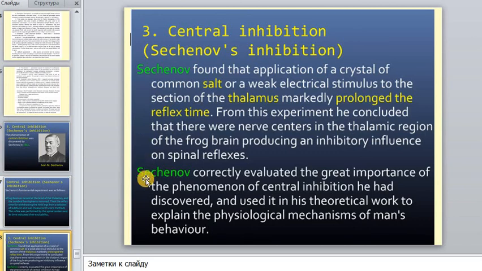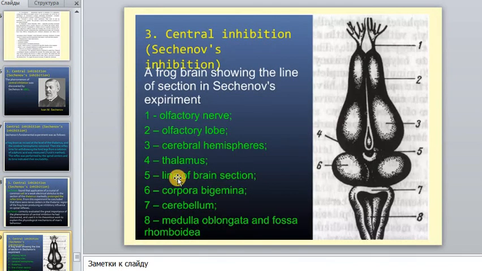Sechenov correctly evaluated the great importance of the phenomenon of central inhibition he had discovered, and used it in his theoretical works to explain the physiological mechanism of man's behavior. And where we should put the salt